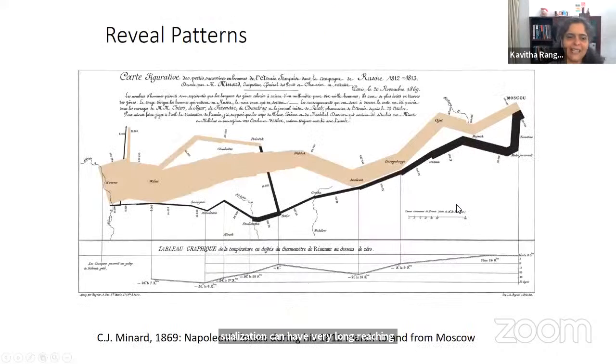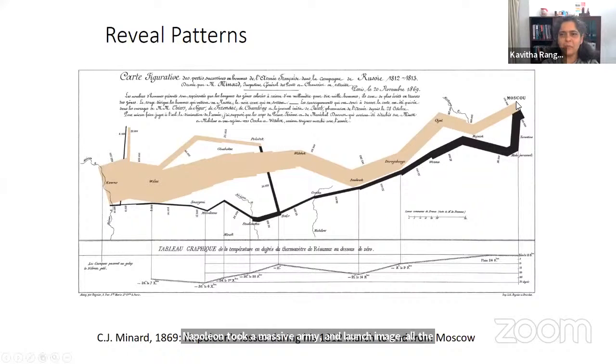The second one that you see, this is also something Anjana mentioned, Napoleon's march to Moscow. So this is probably known as one of the best data visualizations ever created because of the immense impact it has in terms of what war can do, or the futility of wars. If you remember, those of you who've read this, maybe in your history books or in any other context, Napoleon took a massive army and he marched all the way to Moscow, right?